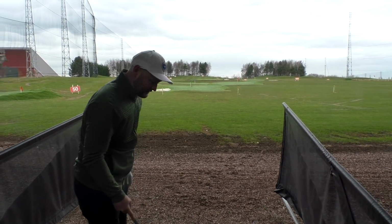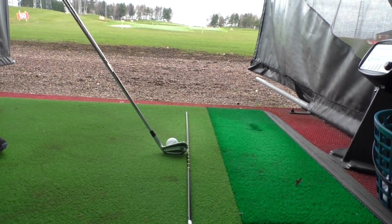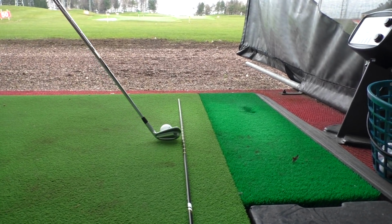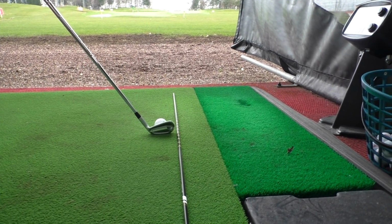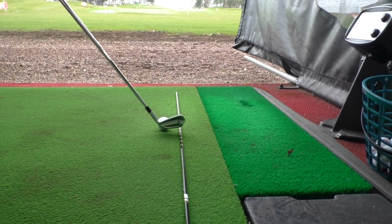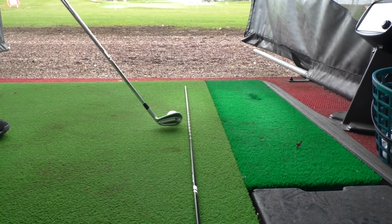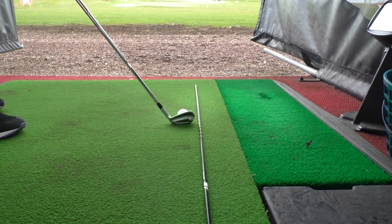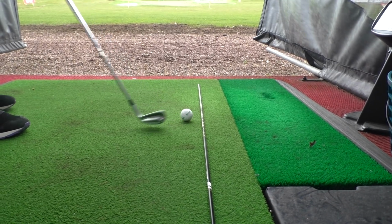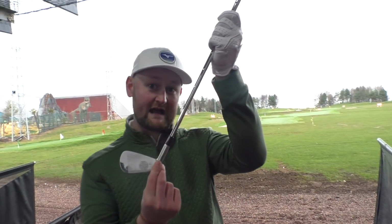I can now have the golf ball in quite tight to the cane here, and the cane being on the toe side. So once I then put my club in, again with that one I moved the club too far out towards the middle. This time I don't want to do that because I'm going to start hitting my cane here, so I simply put it in, and the feeling would be that I just have it moved in ever so slightly at impact. So if you're someone who is struggling with a big case of the shanks as well,